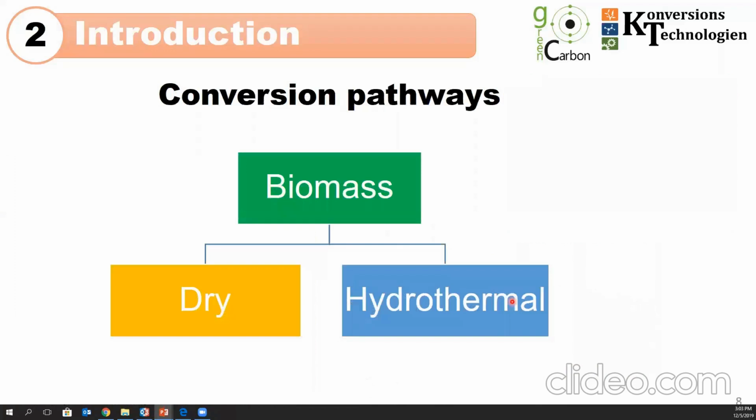two pathways that can lead to production of biochar. The first one is dry conversion, which is very well developed and known, for example, pyrolysis, torrefaction, or gasification. And the other pathway is hydrothermal. And now is the question,